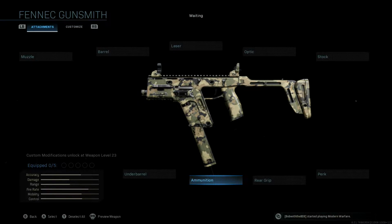So this right here is going to be all about the Fennec, aka the Kriss Vector submachine gun. This is going to be following the Galil video. So just in case this is the first one you watch and you haven't watched that past one, we're going